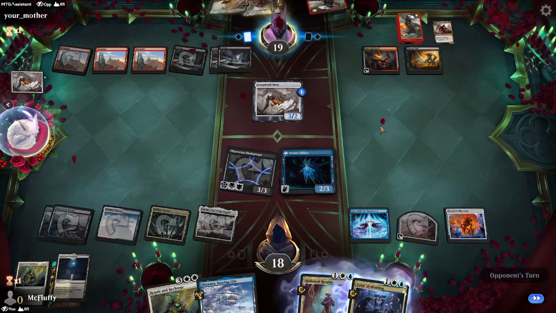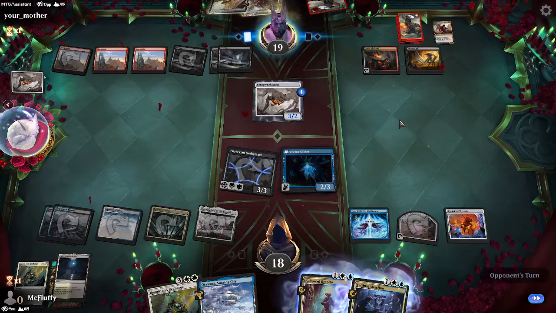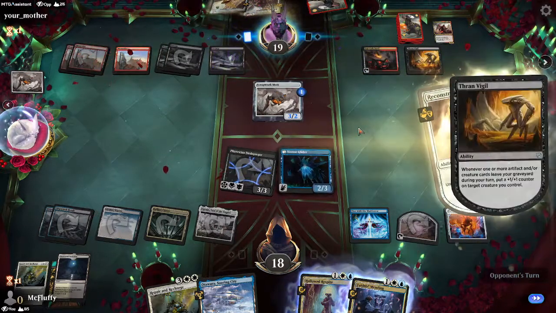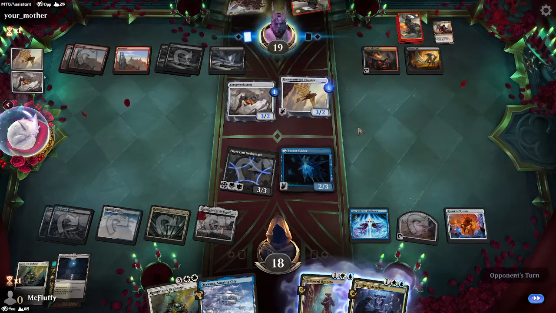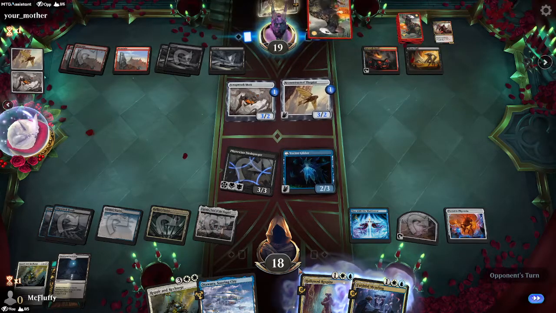Gonna block the Scrapbook Mott. This is a very cool combo. Grind the value out. It reminds me a bit of the combo that I had, or maybe less than a combo and more just the deck that I was playing where